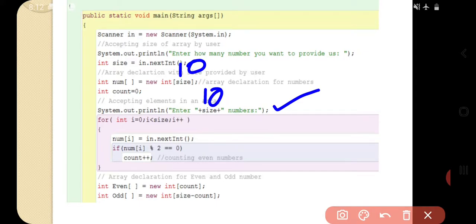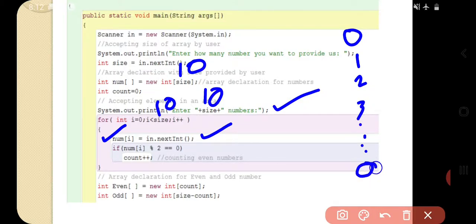The user is going to provide me 10 numbers one by one, and then that size is already put here, 10. I'm going to store it in num[i], in 0th location, 1, 2, 3 and so on till 9, because when we are having 10 elements we have to move from 0 till 9.